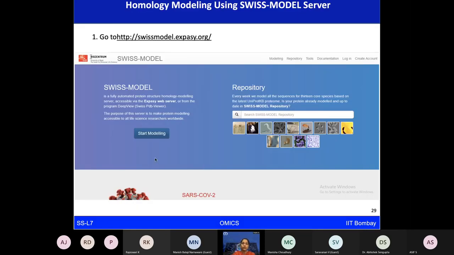Now, just moving on to homology modeling using the Swiss Model server. Here we have this particular software available online, which is Swiss Model from expasy.org. This particular software we can use for doing the modeling studies.